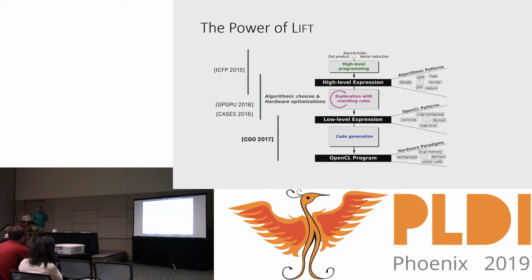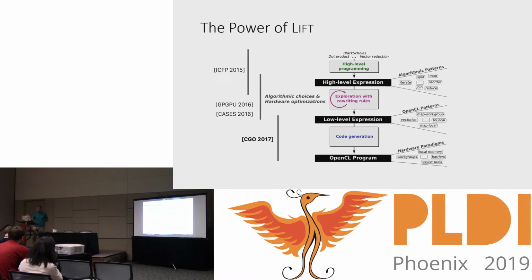During this exploration, we can try different implementations, how to structure the work groups on GPUs, or how to perform transformation, mapping, compositional functions. And through some process, we can select the best implementation that we come up with,